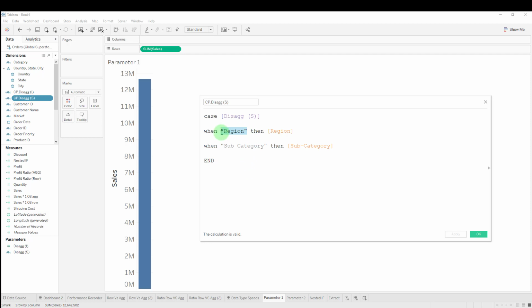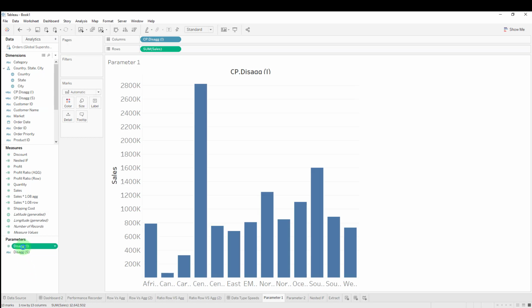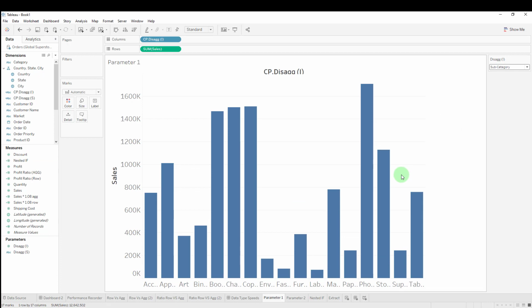So you're probably talking about a small amount of speed, but say for example we had more than just 2 dimensions cased out in this parameter. We could potentially have 5, 10, or 15, and then you're going to have cascading effects when you choose the correct data type. All right, so let's go ahead, and again, the whole idea of this is to have our performance recorder show us if we're saving any speed,